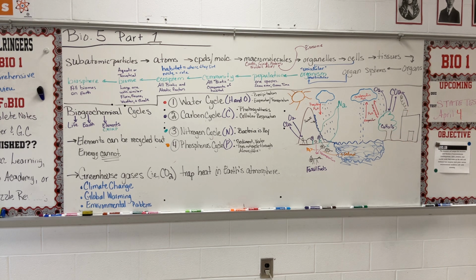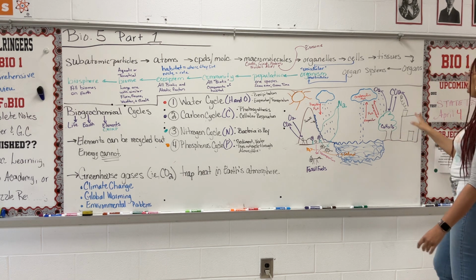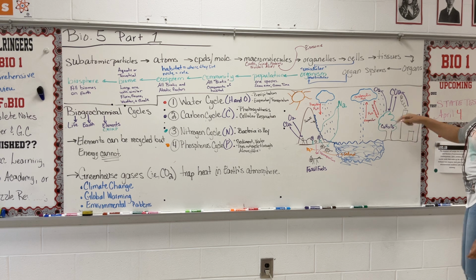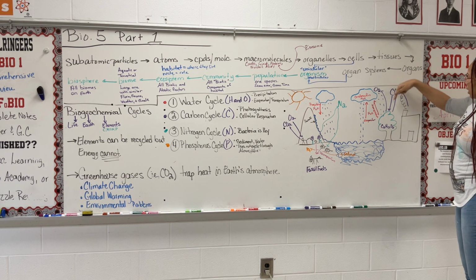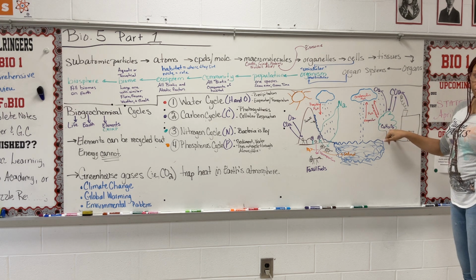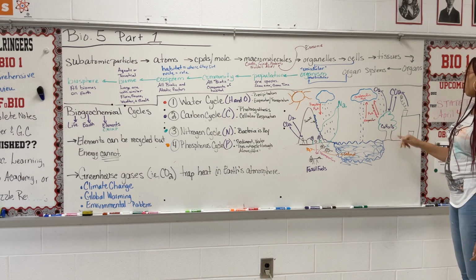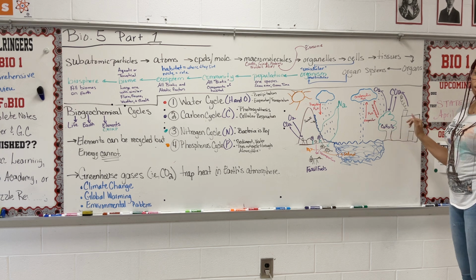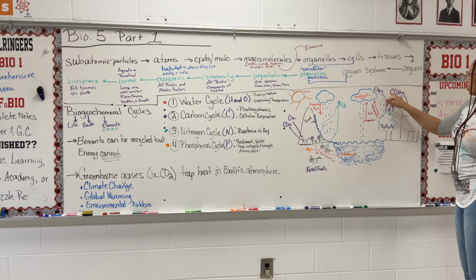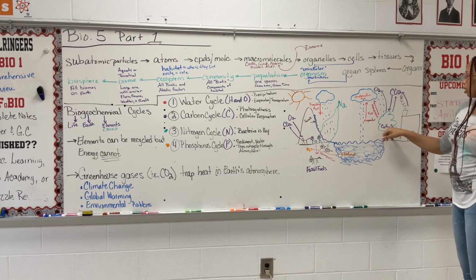Now, the carbon cycle. The main two components of the carbon cycle are photosynthesis and cellular respiration. So that's in purple. During photosynthesis, plants or autotrophs take in carbon dioxide along with water, and they convert that inorganic carbon dioxide to sugars. And those sugars are then used by the plant or used by animals or other living things in order to transfer the energy from the bonds of the sugars into ATP. So carbon is removed from the atmosphere in the form of carbon dioxide, and it's going to be returned in